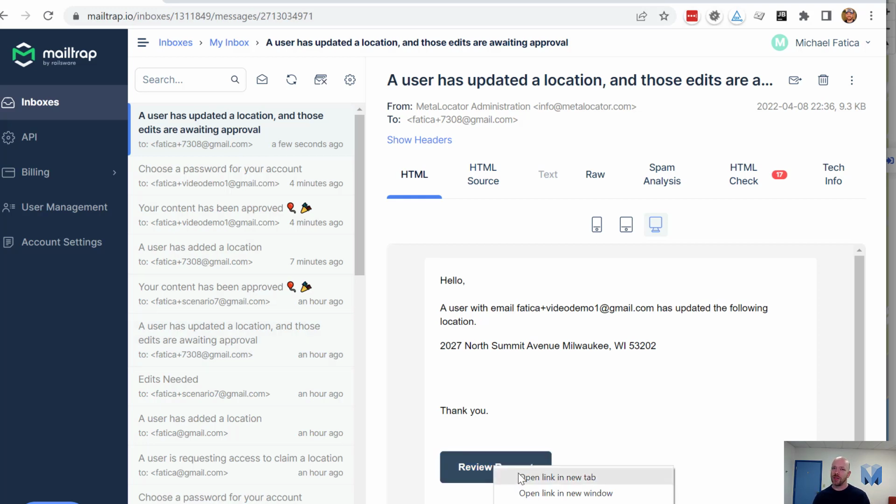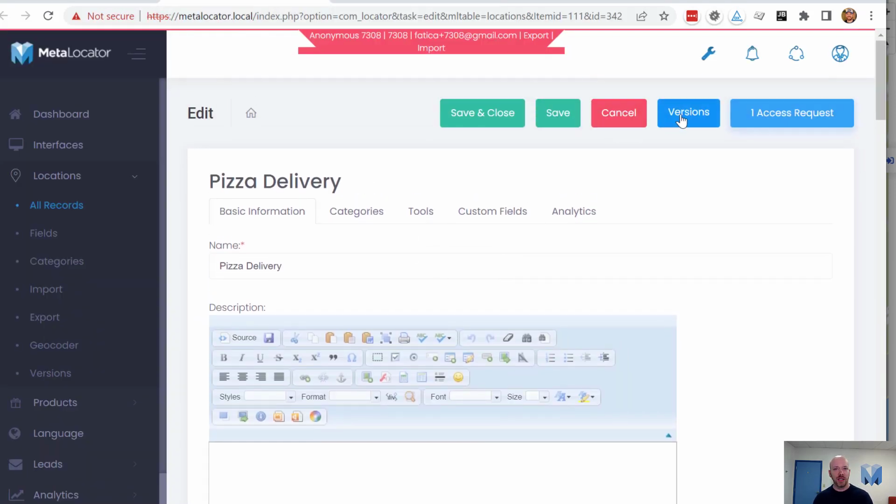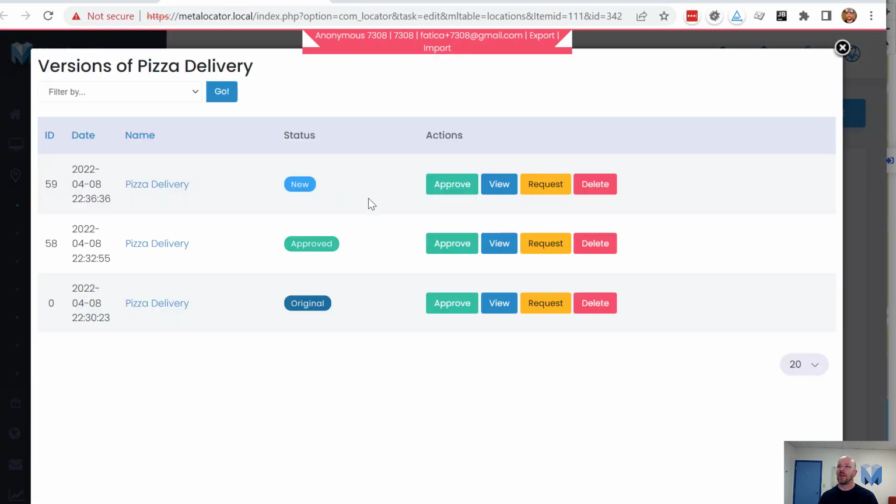The subject of this email is a little bit different because a different thing occurred. I modified an existing location as an existing user. I did not add a new location as a new user, and that's why those emails are a little bit different. So let's go back and review this request. We come back to the same location, and once again we can look at versions, and we can see now that we've got a couple different versions available. One of them is brand new, and